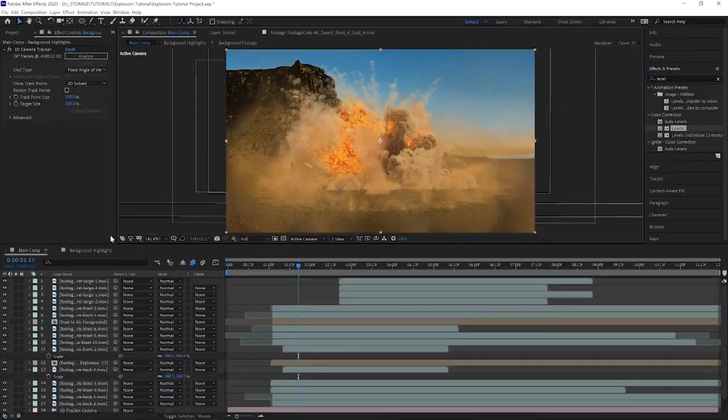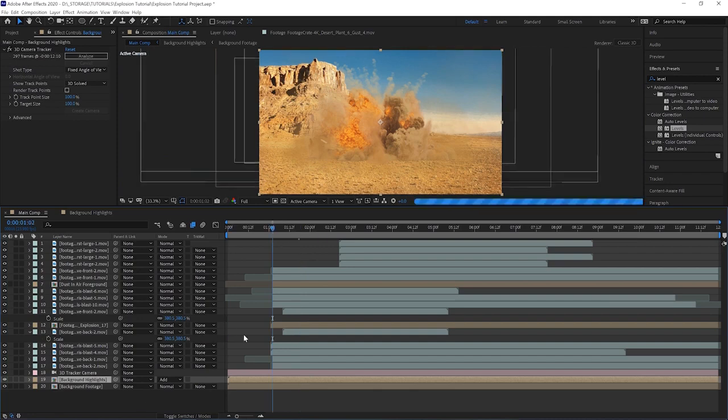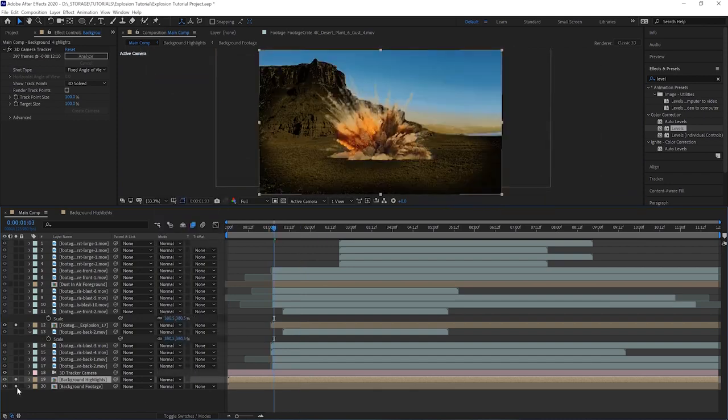Back in the main comp, we can just animate the opacity to be bright at the start of the explosion, and then